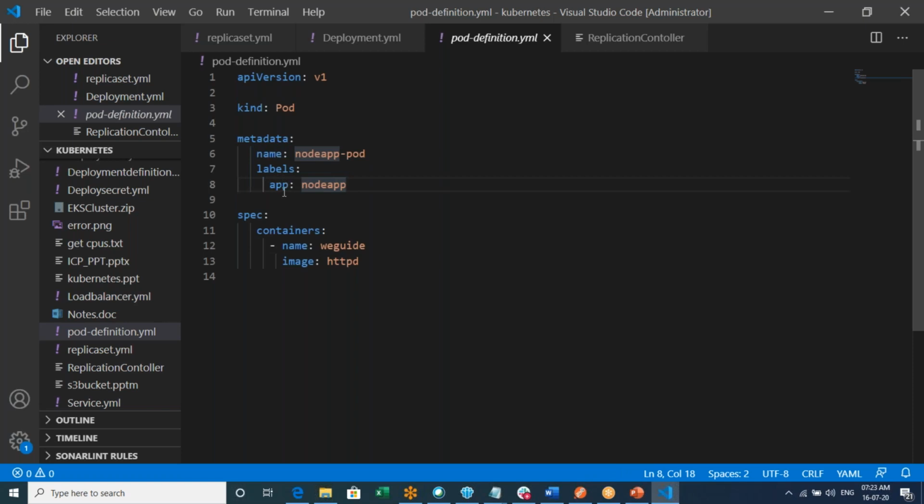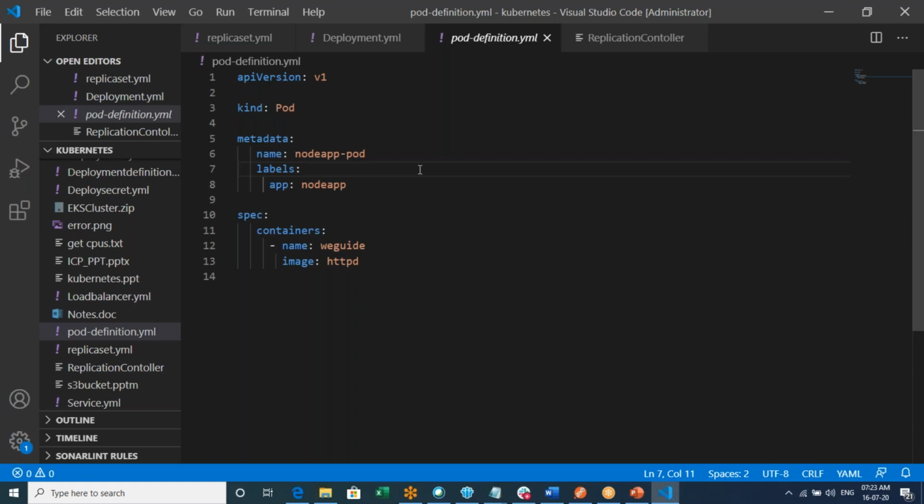But there should be some key, because later in replica sets we need that key to uniquely identify your pod. That is the reason we follow this. So in the metadata we are saying the name of the pod is this one, and under labels, your application is node app. That's the metadata about your pod.